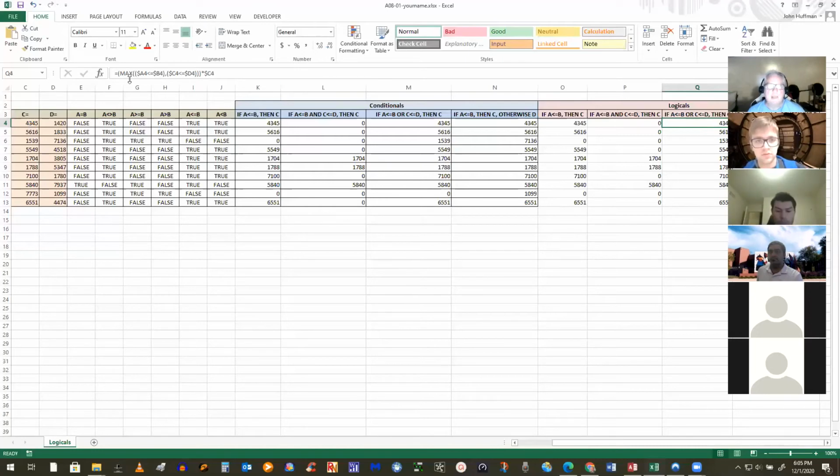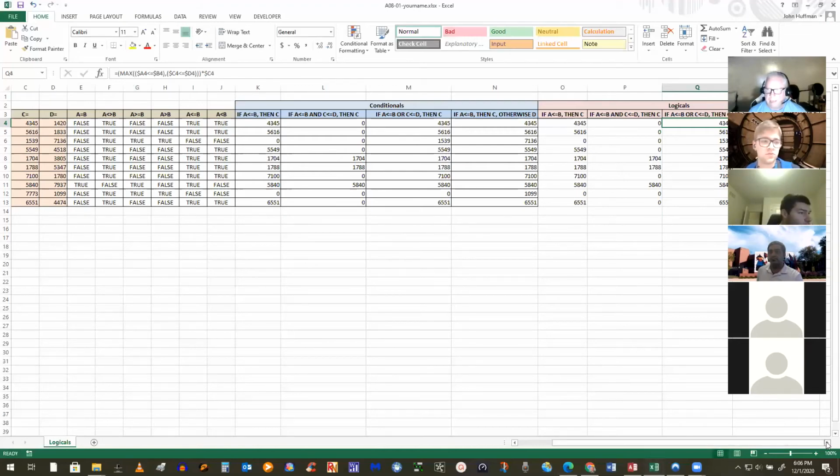Pretty straightforward. Now, one of the things people have said is, well, what if I really wanted to make it strictly mathematical? Well, there's a way to mathematically express max, but it's a lot more complicated. I wouldn't do it simply because it turns out max and min have hardly any overhead in Excel. You could have billions of formulas that have max and min in them and it doesn't slow things down at all. But if statements do. So I allow max to be used in that case.